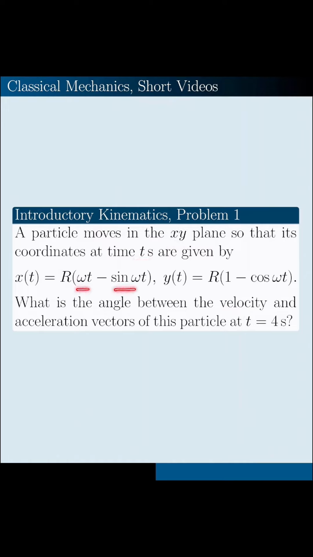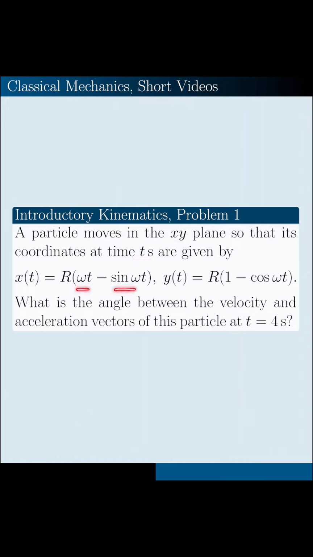I just multiply the x components plus multiplication of the y components. Of course, we have also these factors, so it becomes r squared omega cubed, and then I will have sine omega t times 1 minus cosine omega t plus sine omega t times cosine omega t. So I multiply the first component by the first component, the second component by the second component,